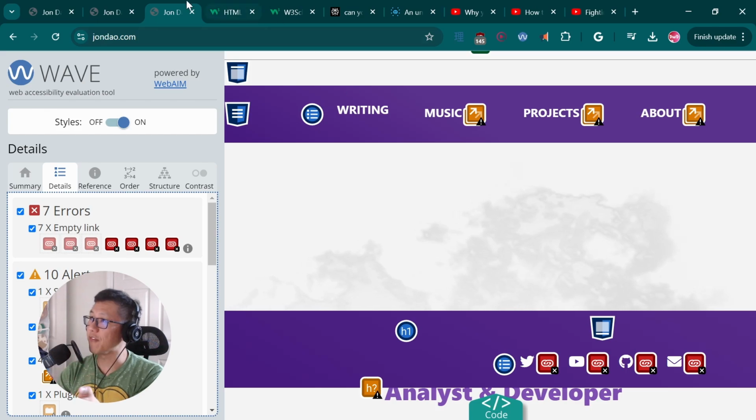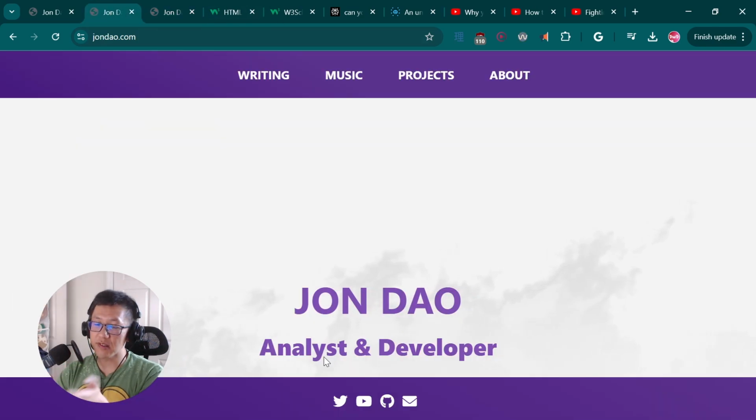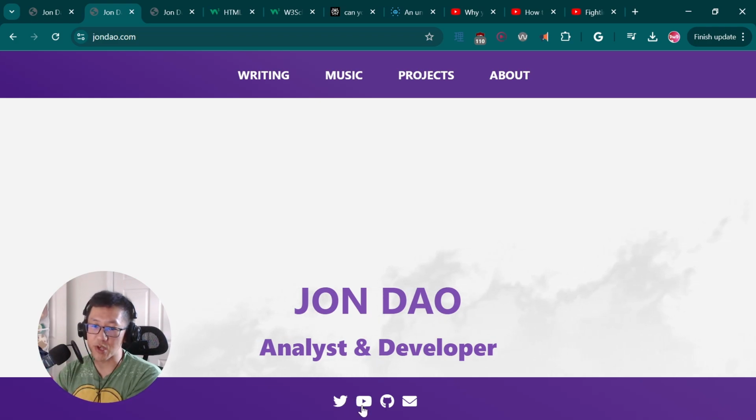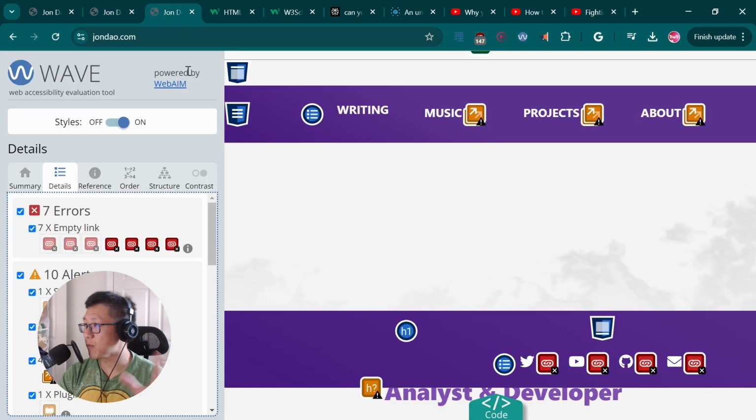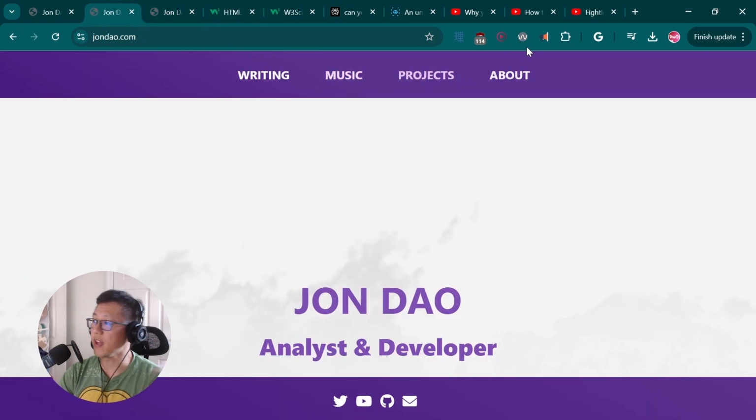At the bottom with the footer, goes to show you I'm using an outdated icon for Twitter, YouTube, GitHub, and this envelope, which we would assume is the contact email. That works for someone who is somewhat web savvy, someone who can understand, but you can see there's a lot of these red errors pertaining to that footer section. And if we do the Wave check,